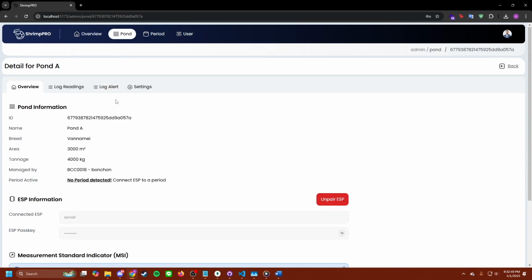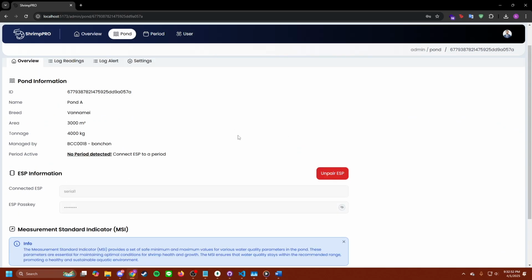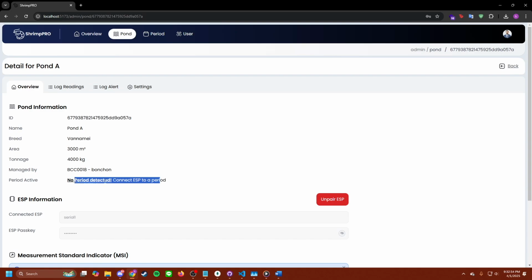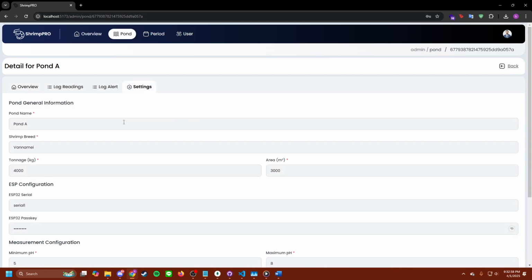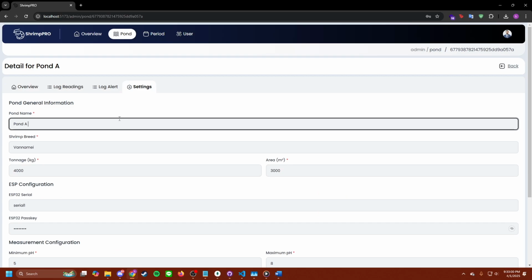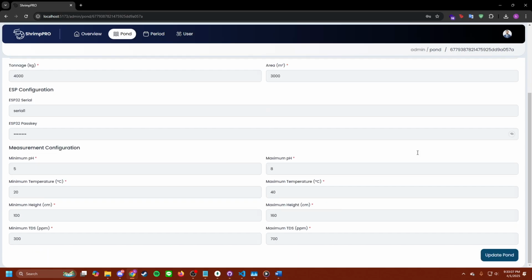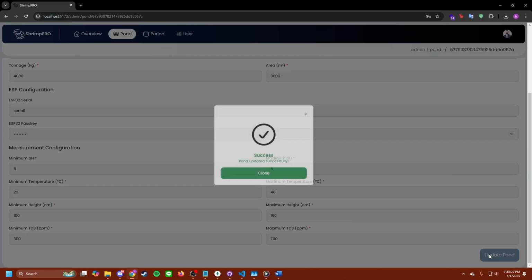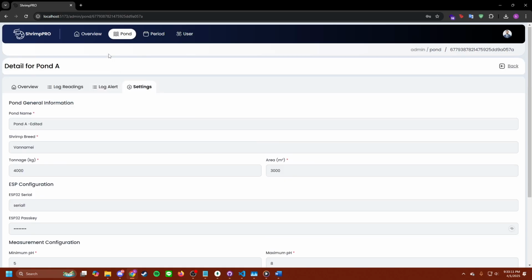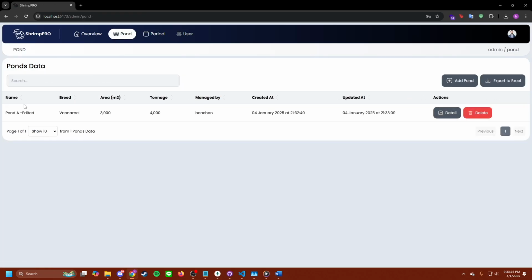as we can see, we have all the details that we needed. No ESP connected. That's for another use case. But if we go to settings, we can change the name into pond A edited, let's just say. And then we can change whatever that we wanted. And if we click update, close, and then go back to the ponds page, we can see that it's pond